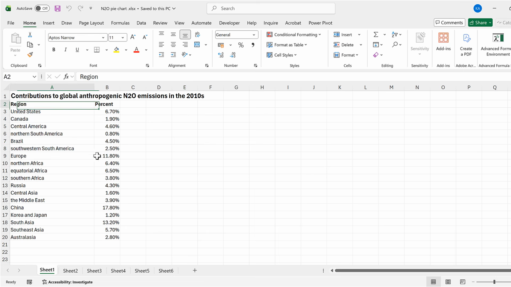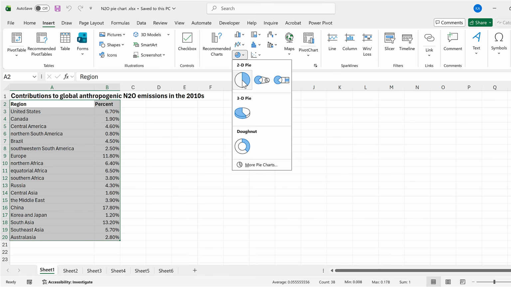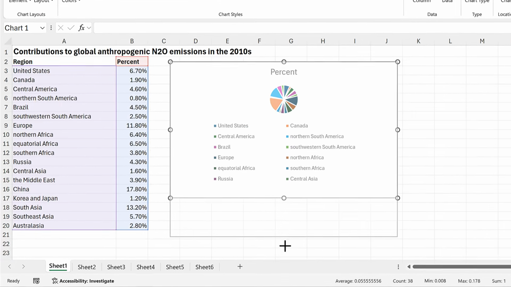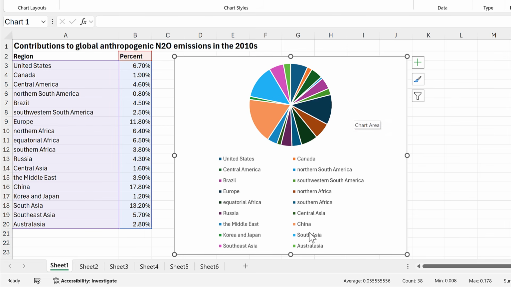Okay, so first of all, I'm going to select everything and then go to Insert and insert a pie chart. I'll then reposition and resize this and delete the title. The next thing we're going to do is delete the legend, because with the legend, the labels are very disconnected